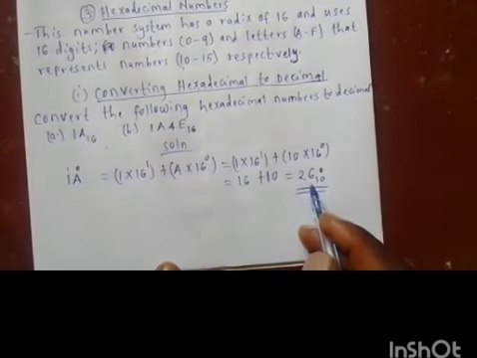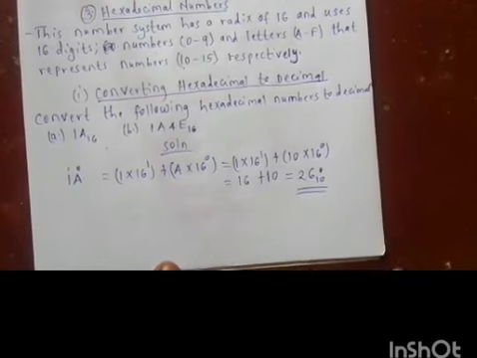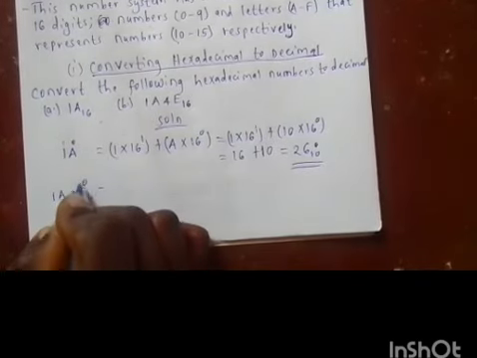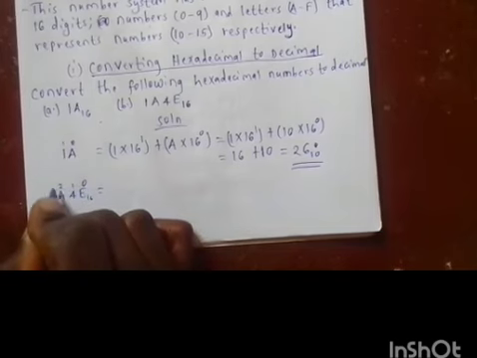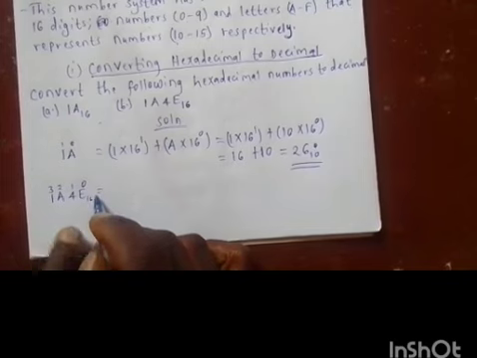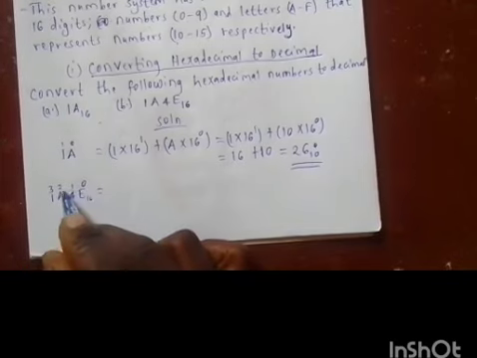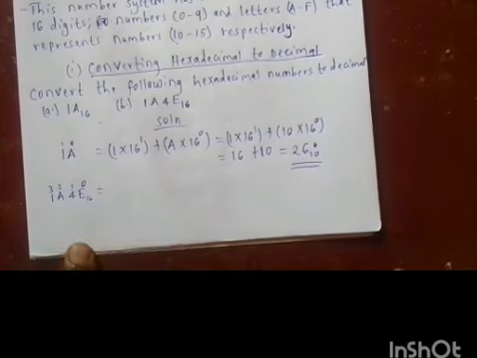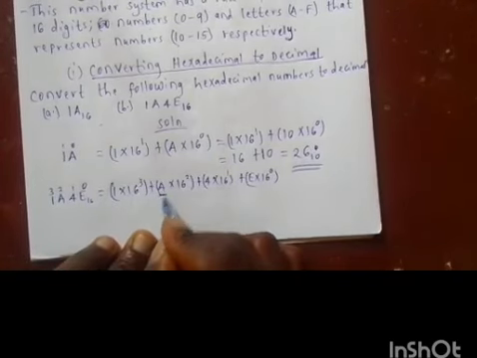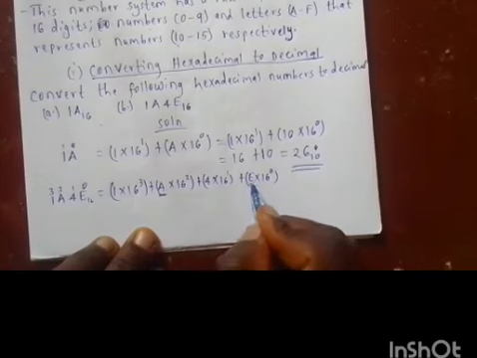Second number. So by numbering this number we have 0. So we multiply each digit by 16 to the power of these numbers. But A represents 10 and E represents 14. So we write